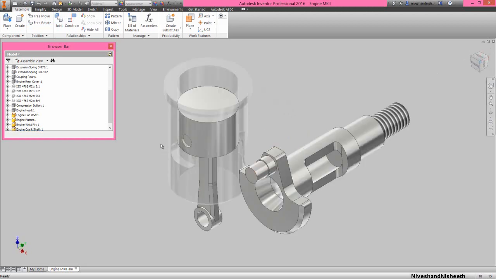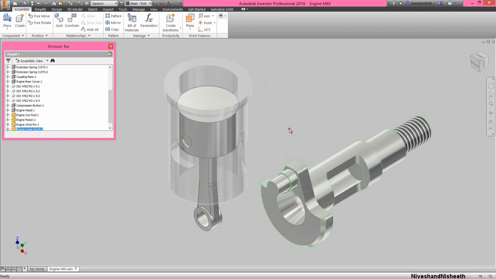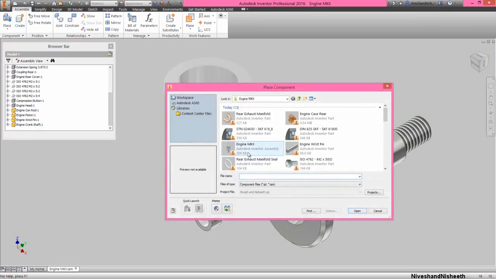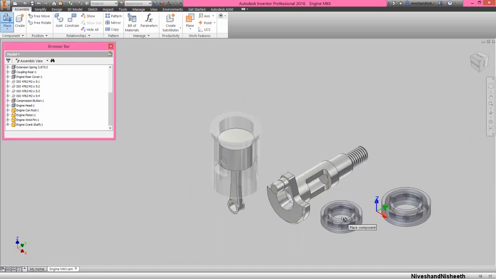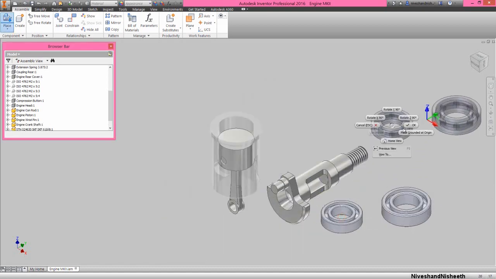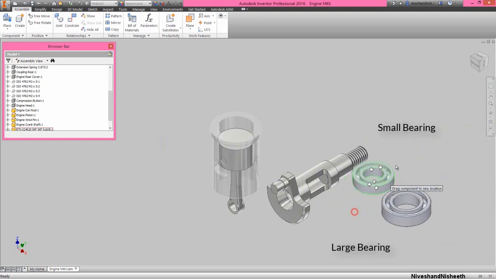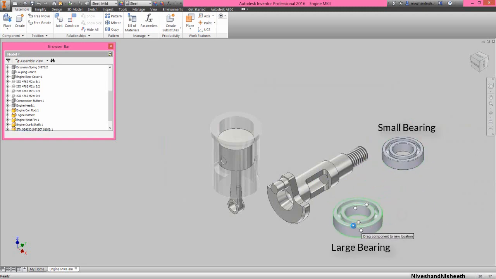Now place these two bearings in this assembly. One is a small bearing and second is large bearing.